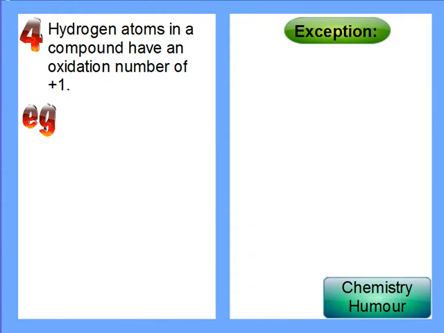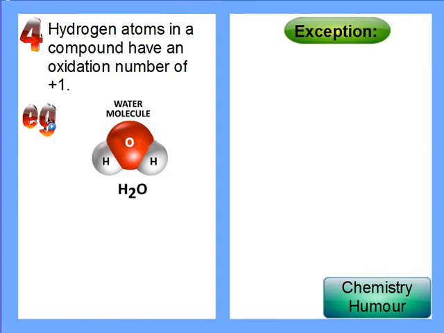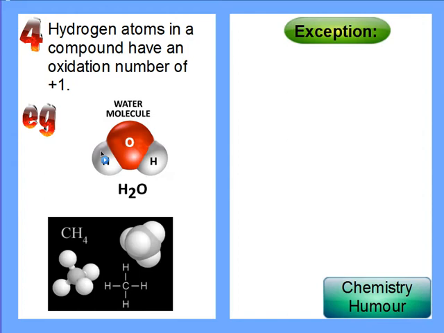When we look at hydrogen, hydrogen atoms in a compound have an oxidation number of +1. So we can look at some examples. Water is a very common hydrogen-based molecule. It has 2 hydrogen atoms. Each hydrogen atom has an oxidation state of +1. In methane, CH4, again, the hydrogens have an oxidation state of +1, so the carbon is -4 in this situation. If we have a look at an exception,